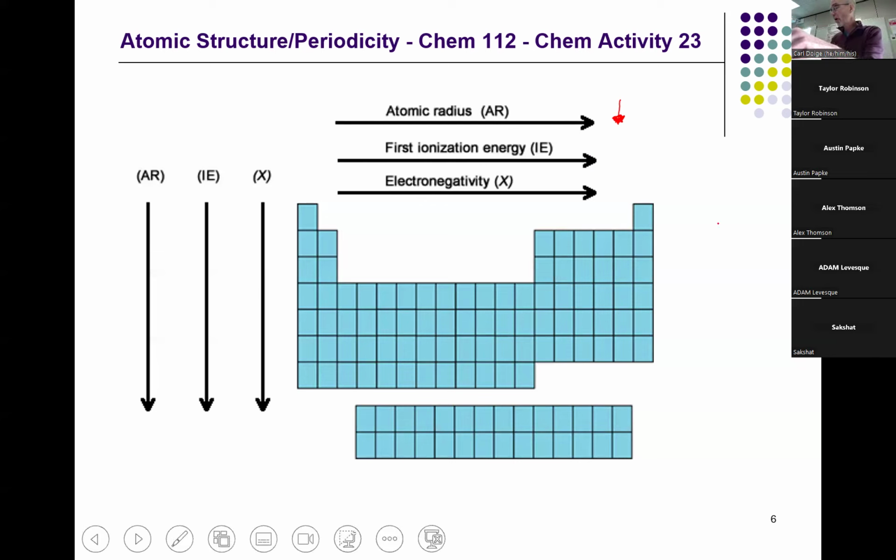I know that it gets harder to remove the electron, which is related to the ionization energy. And the attraction for the nucleus and a shared pair of electrons goes up. Again, I wouldn't try to memorize this, but make sure that you know these trends based on the principles. Down the periodic table, the atomic radius is getting larger, because the valence electrons are further and further. It gets easier to remove an electron, less energy. And finally, the electronegativity goes down.